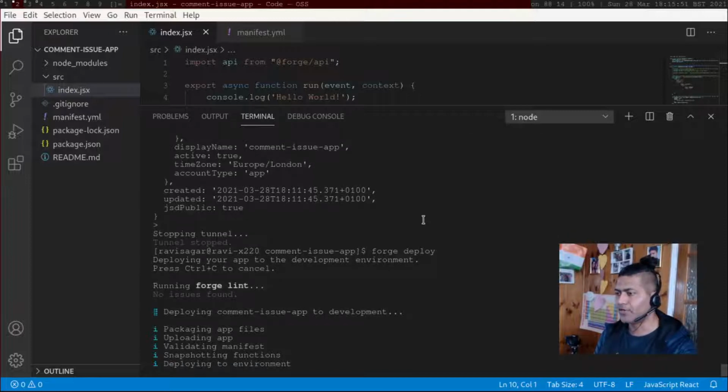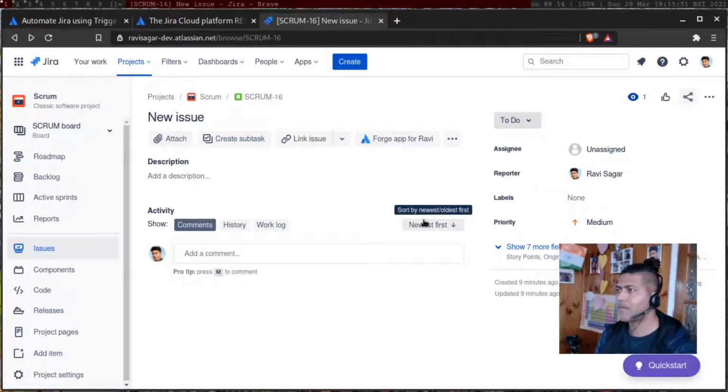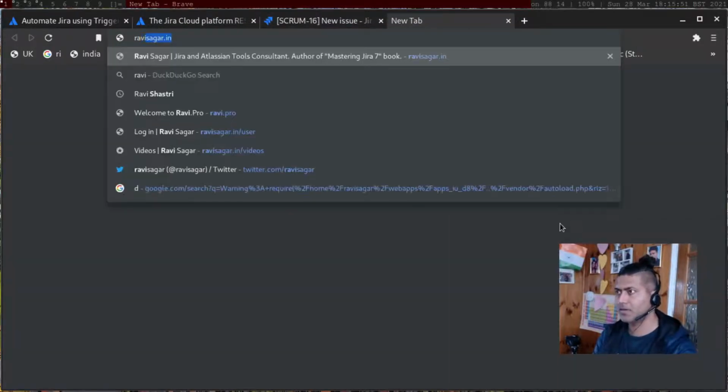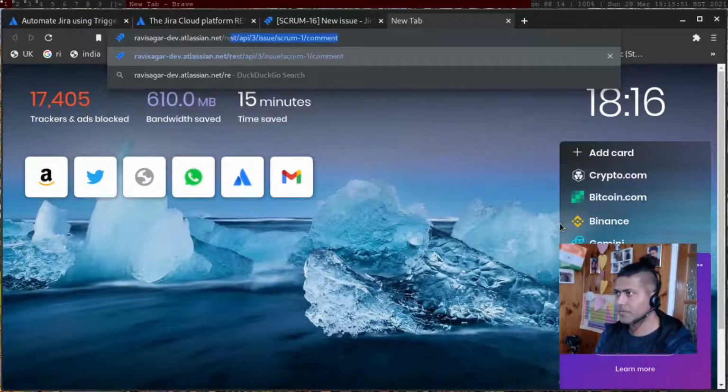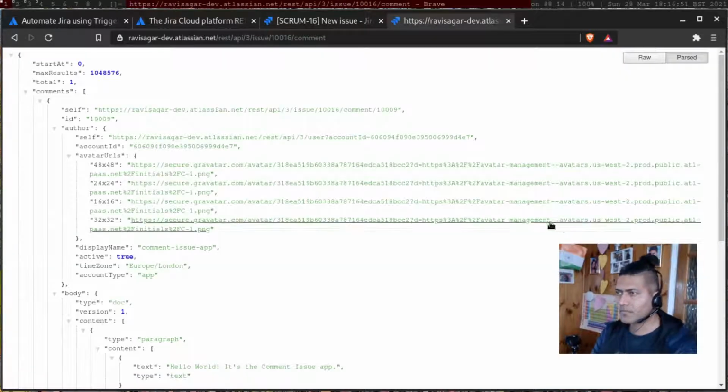And deploying to environment. I was trying to check the REST API here, dev REST 10016. Okay,